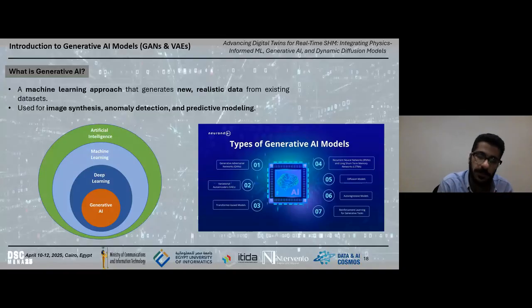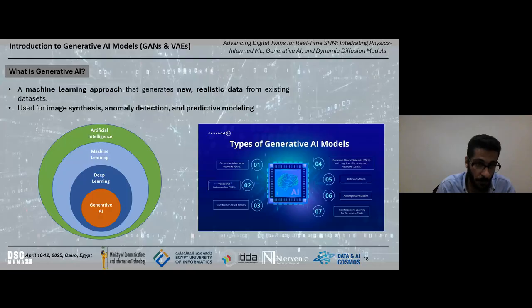What is generative AI and how should it be used in our case for structural health monitoring, how should it be used in the right way, to have good scientific data based on unexpected conditions, which is something we can't currently get from real applications.